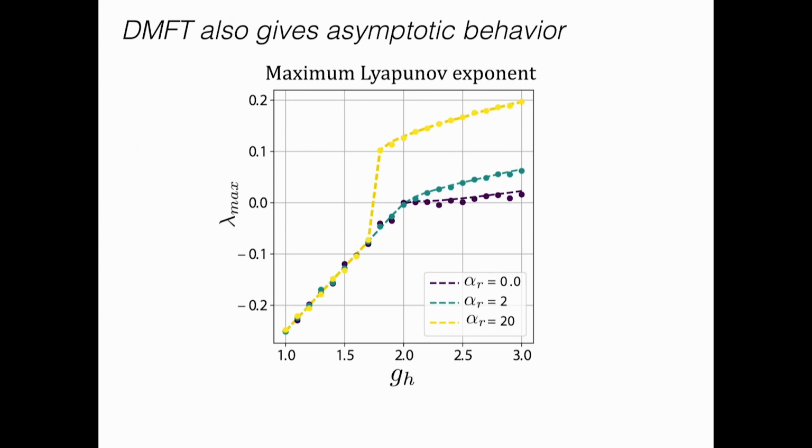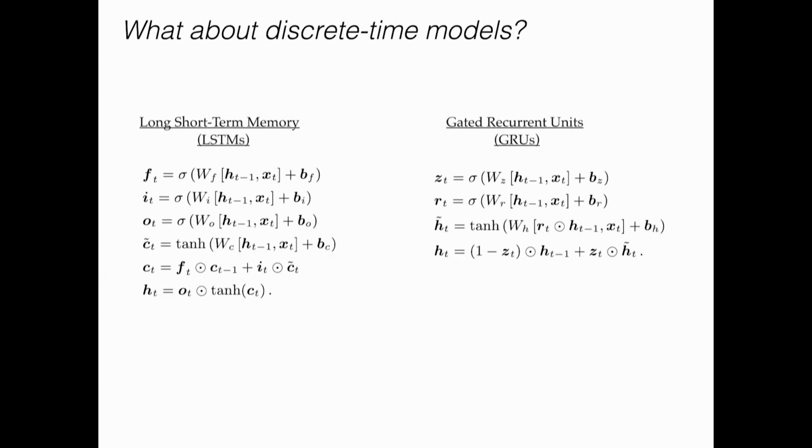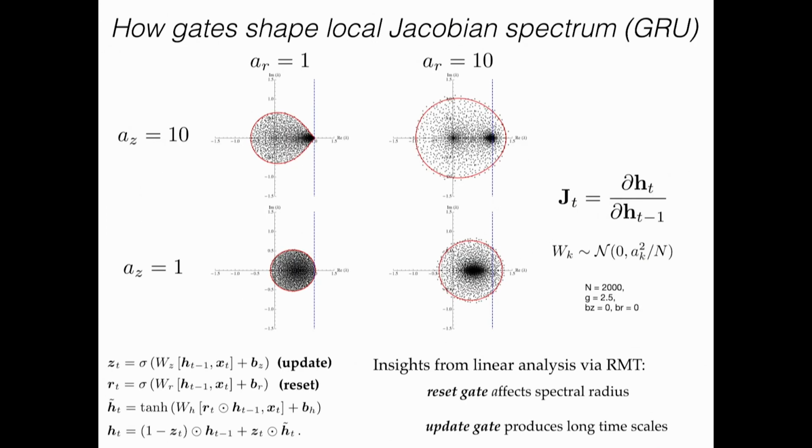Okay, so that was for this continuous time model. What can you say about these discrete time models, which are the ones that are actually used in machine learning? So let me just tell you a couple of things. Tankut and Kamesh study the spectrum of the local Jacobian using random matrix theory, and some of the take-home messages are that the Z and the R gates have distinct behaviors, in the sense that if you ramp up